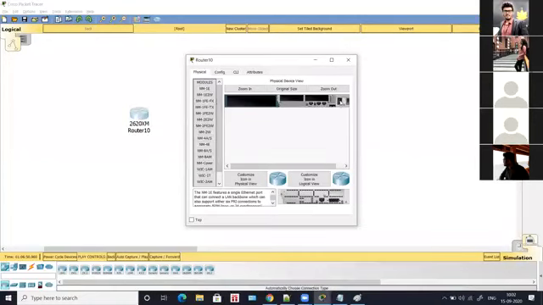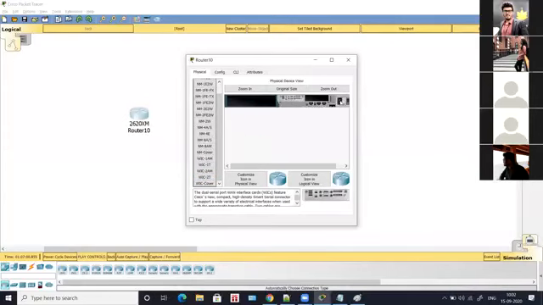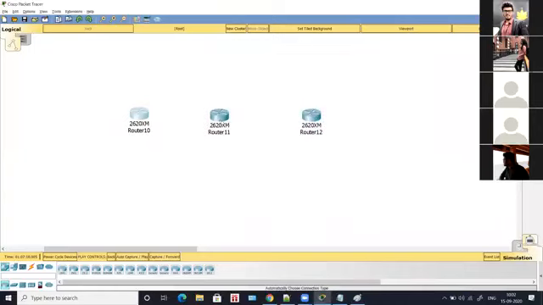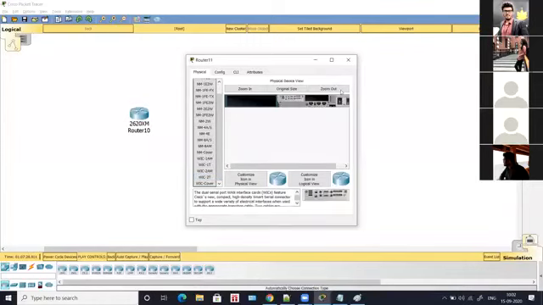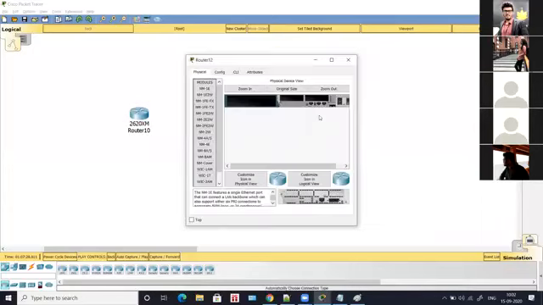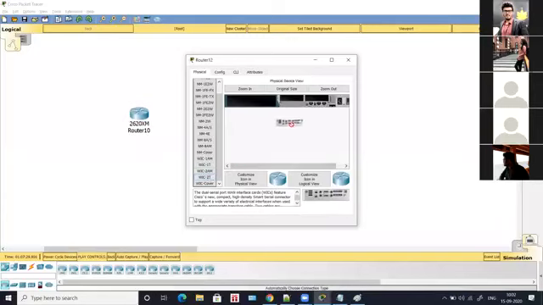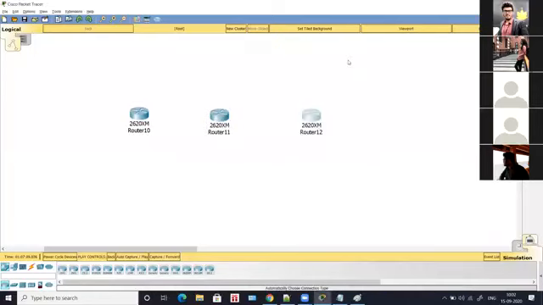So what I'll do is I'll turn off the router and I'll go down. I have WIC2T. I'll place it here and I'll turn it on. And same way, I'll go here, turn it off, WIC2T, drag it and turn it on. And here, I'll go here, WIC2T. I have to turn it off, WIC2T, place it here and turn it on. Okay, so I've added it.